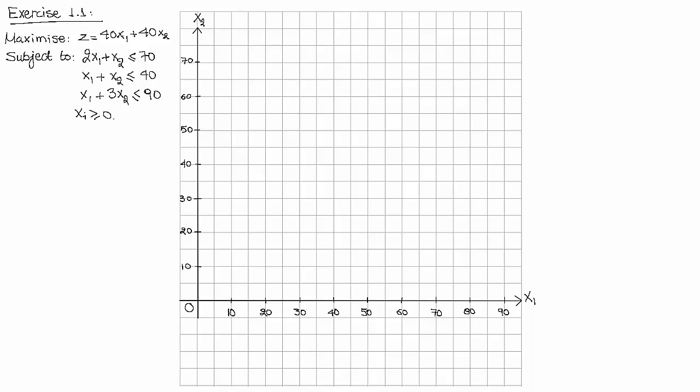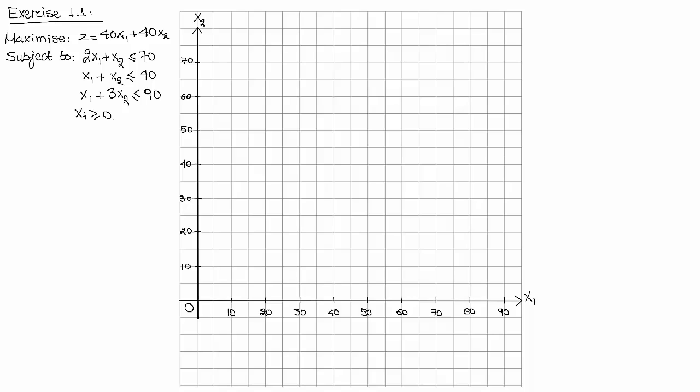We are going to do exercise 1.1 from the book. This is the first exercise of chapter 1. We need to find the graphical solution of this LP problem. In order to do that, we need to graph the constraints and find the feasible region and then the optimal